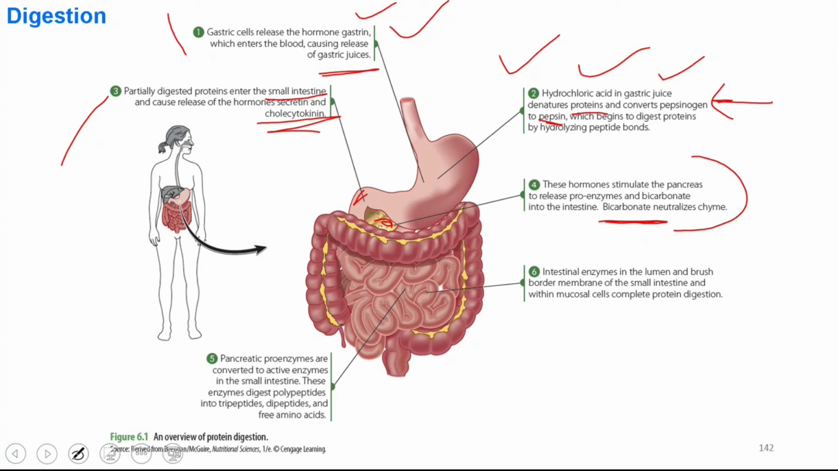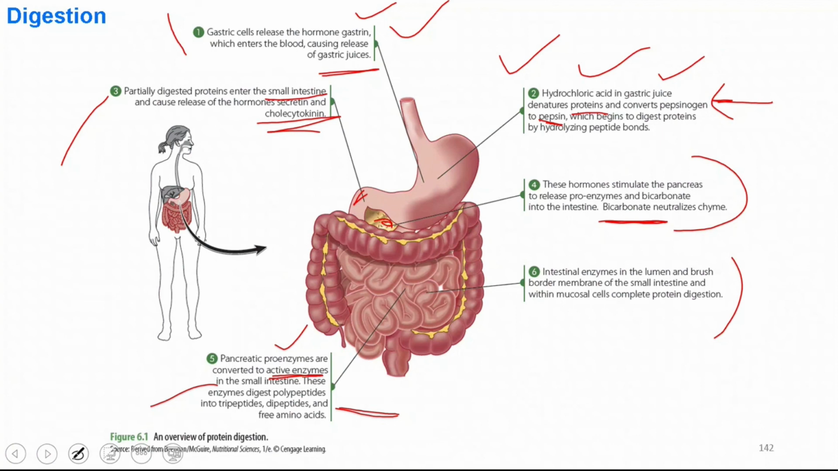पांचवें स्टेप में स्मॉल इंटेस्टाइन में क्या होता है, pancreatic pro enzymes are converted to active enzymes in the small intestine. These enzymes digest polypeptides into tripeptides. ठीक है, ये प्रो एंजाइम एक्टिव एंजाइम में कन्वर्ट हो जाते हैं, स्मॉल इंटेस्टाइन में, और एक्टिव एंजाइम में कन्वर्ट होने के बाद ये पेप्टाइड्स को मजीद डिग्रेड कर देते हैं. ये पांचवा स्टेप है. ये हम प्रोटीन्स का डाइजेशन पढ़ रहे हैं. और छठे स्टेप पे क्या होता है,